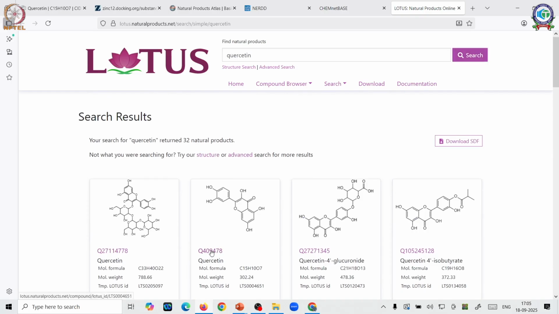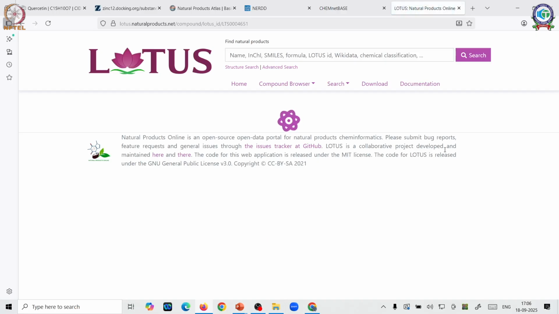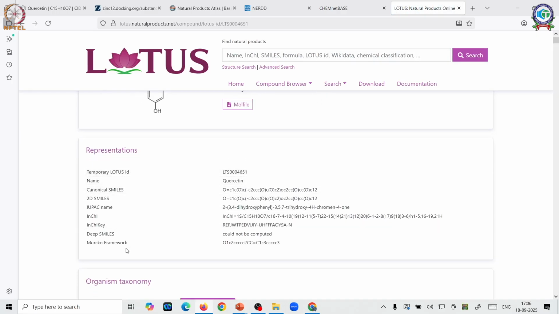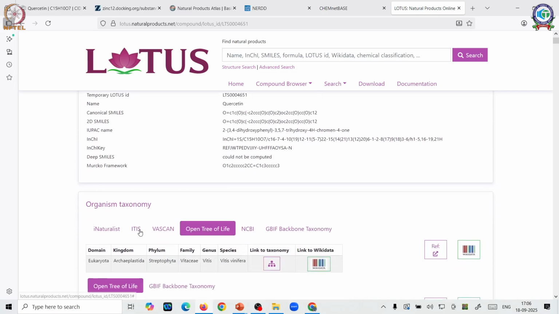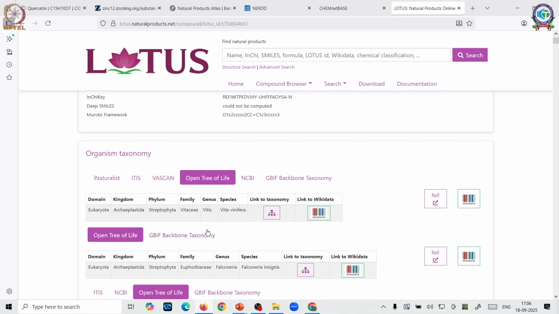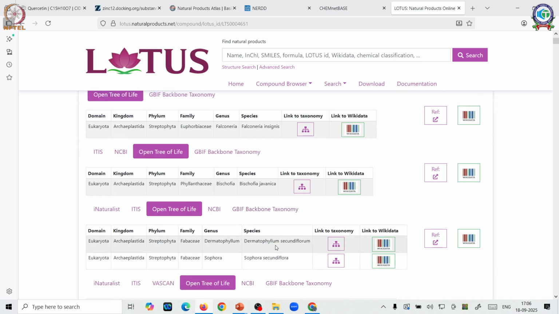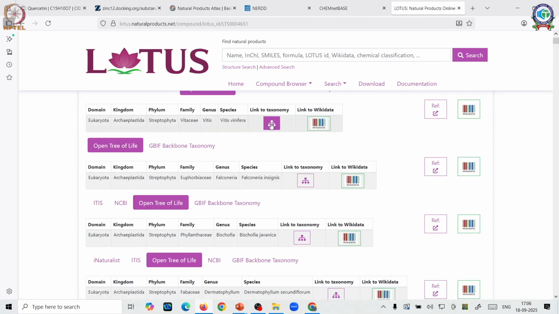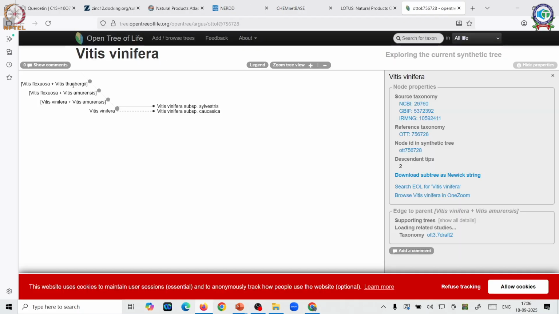If I just put my native quercetin here, let us see. So, I start getting properties of it, not as in-depth as PubChem, but yes, I get something which is called the link to taxonomy. So, if I say it is found in Vitis vinifera, which plants in that particular taxon have it is how they see it. So you can just click on one. Let's click on Vitis vinifera, which is nothing but your grapes. So you can see in the Vitis family it occurs in all these places or all these families.